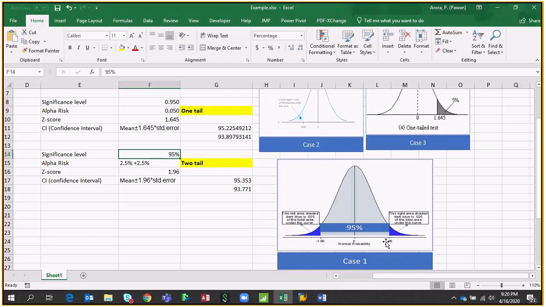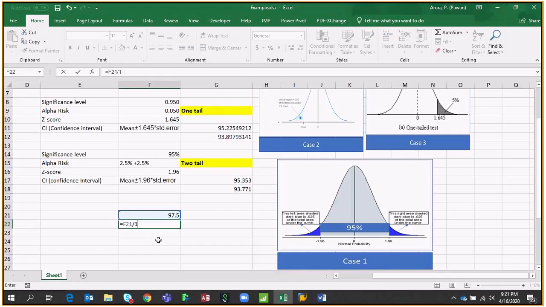And then, from the z table, you will try to calculate your z score. Now if this area is 0.025 or 2.5%, what will be the remaining area? Let me calculate for you: 100% is the total area minus 2.5, which is 97.5, or divided by 100, 0.975. So this will be the value at this point. Similarly, if I go this side, this will be the value at this point.